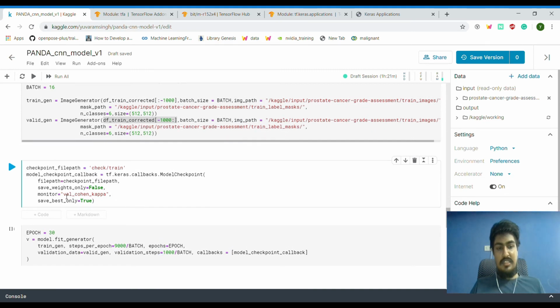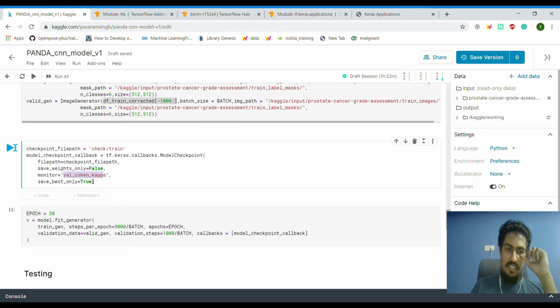And then the key here is, since we are using Cohen Kappa from TFA, I'm going to save only the best model weights, and define the best one based on only looking at this particular metric, validation Cohen Kappa. The Cohen Kappa we get on the validation data is going to tell us whether this is an improvement over our previous approach or not, and whether I should remove the previously saved model on disk and overwrite it with this new one.